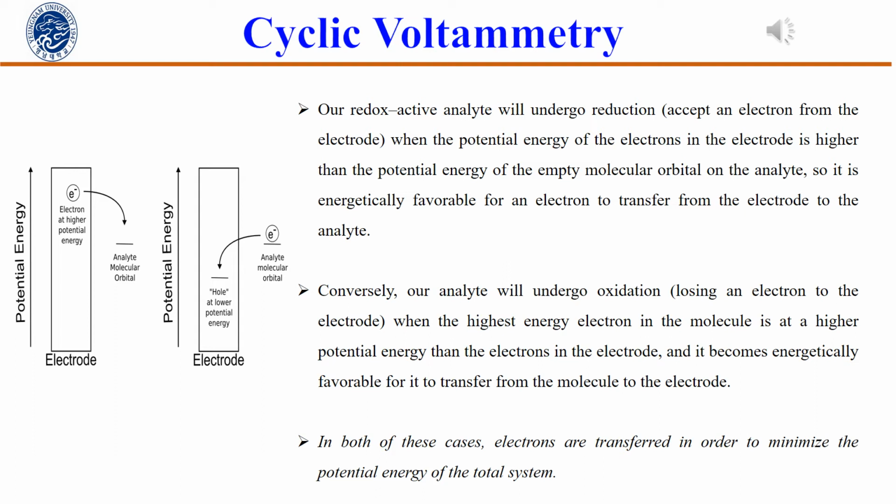In addition to studying the energetic landscape of the analyte, we can get a sense for the stability of the molecule that results from an electron transfer between the electrode and the analyte by cycling the potential at different rates. These are the underlying concepts that are responsible for the appearance of cyclic voltammetry.